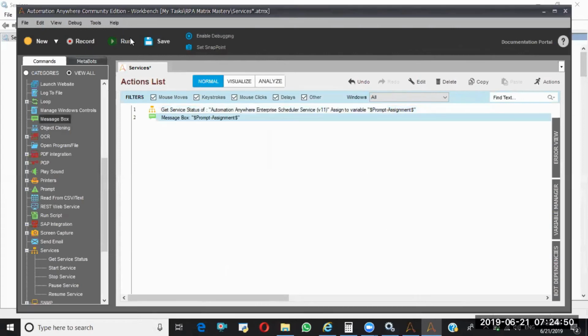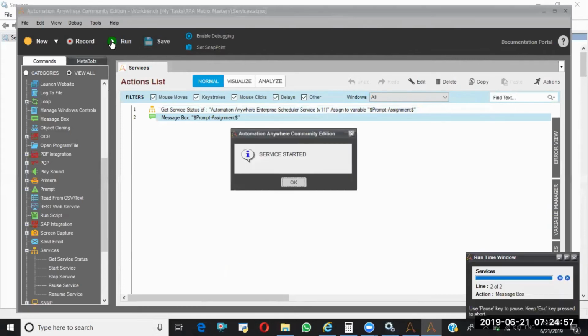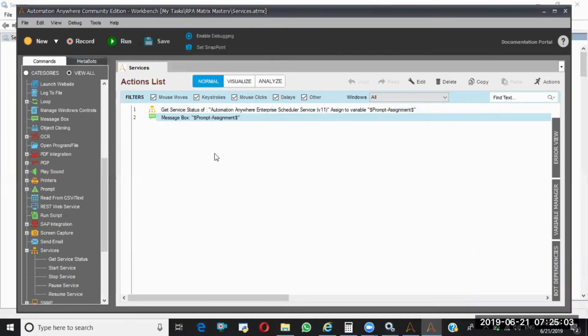Save this. So the status is service started. That means this is already in running state. So that's about services. It will help you to manipulate your system services in general. But for that, your system admin needs to give those accesses.